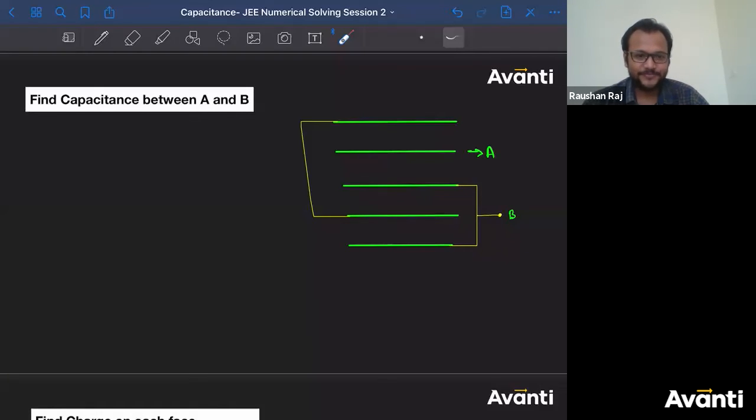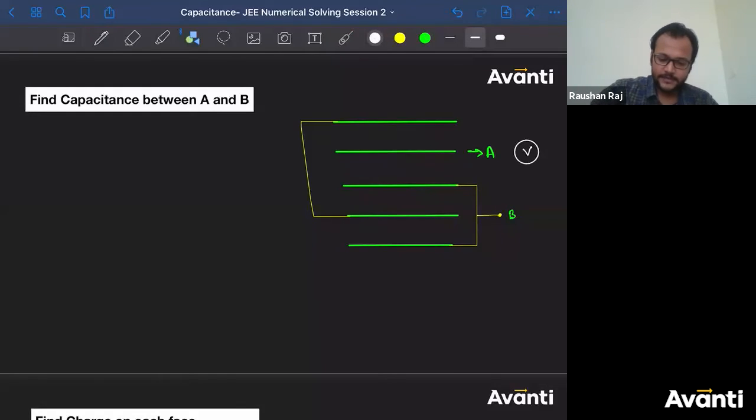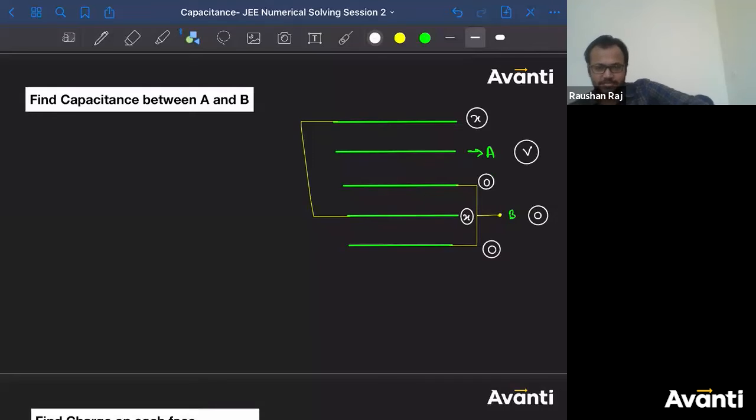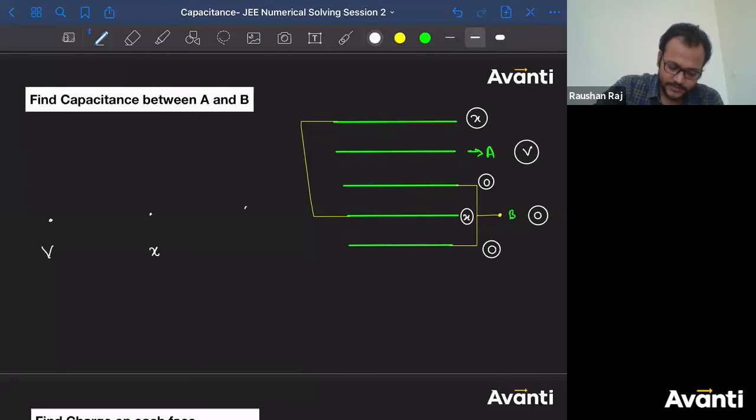Okay, ठीक है. तो देखते हैं. So let me solve this. As you know the approach, consider this is V. This one is 0. So this is 0. This becomes easy now, right? If I consider this as X, now this will also be X. इसमें तो सिर्फ 3 ही potential points आएंगे. So how many potential points are there? 3. So this is V, this is X, and this is 0.